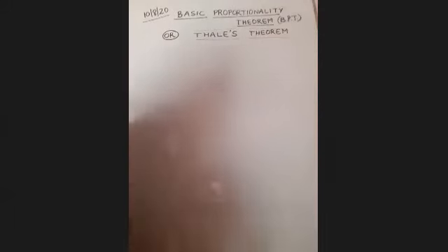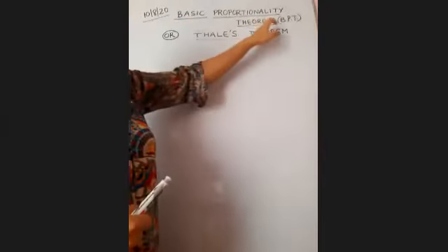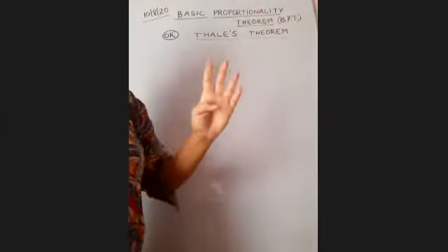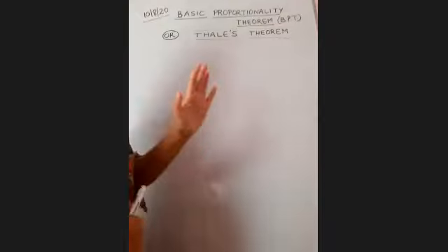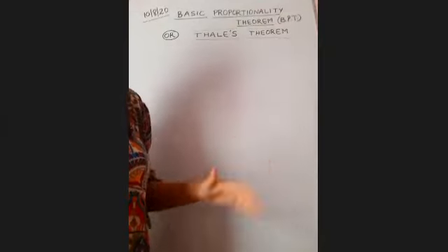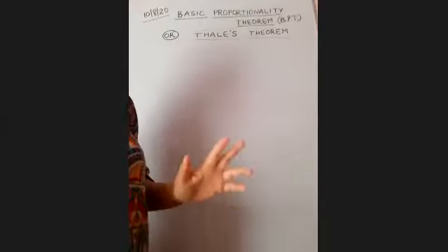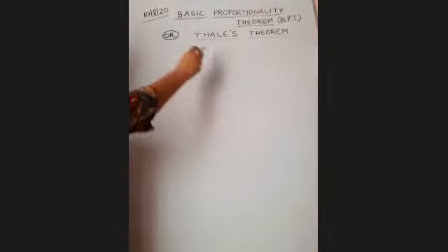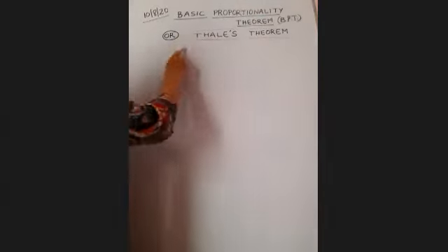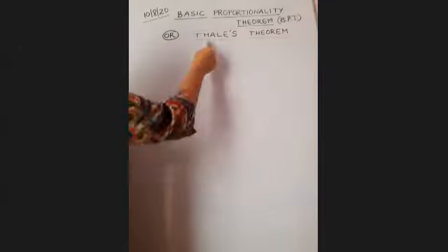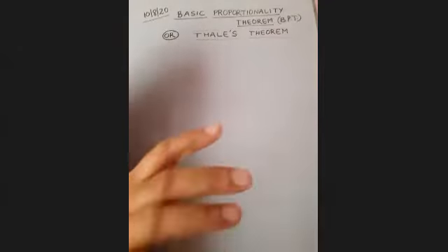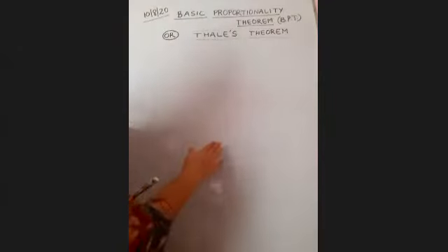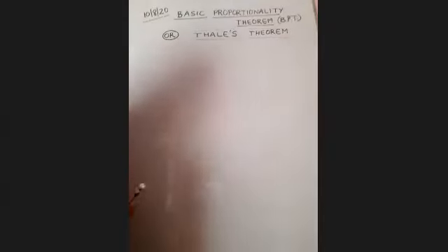So, basic proportionality theorem or BPT, if it comes in exam, it comes for 4 marks and it's an easy one if you just remember what we are going to do. Understand actually, more than remembering. It is given by mathematician Thales, so it is sometimes also known as Thales theorem. Now, what does this theorem say? I will be writing the proper proof later. First, I will be explaining it to you.